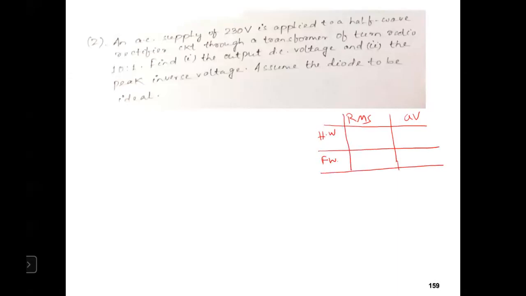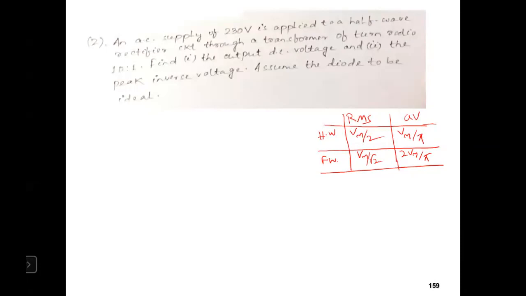Okay, so this relation, most of the times this relation is required. Vm by pi, here it is Vm by 2, and it is Vm by root 2. So most of the times for the conversion for RMS to max Vm and RMS to average, and for a half wave or a full wave, these expressions will be needed. So that's why it is better to keep it in front of your eye.